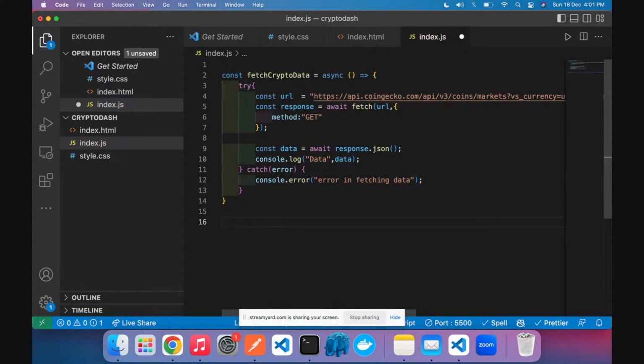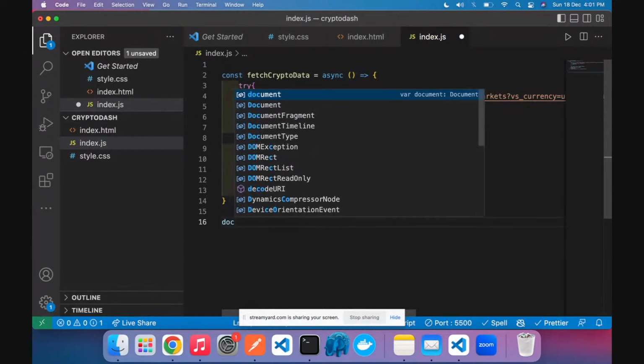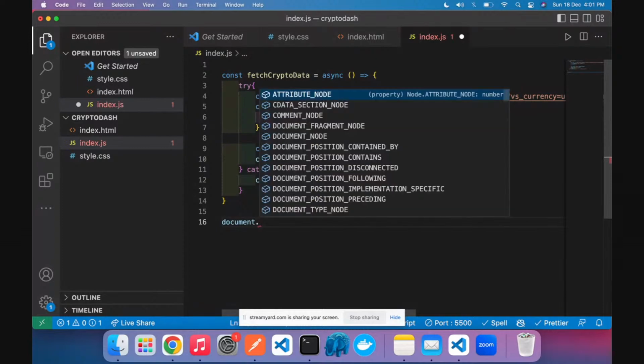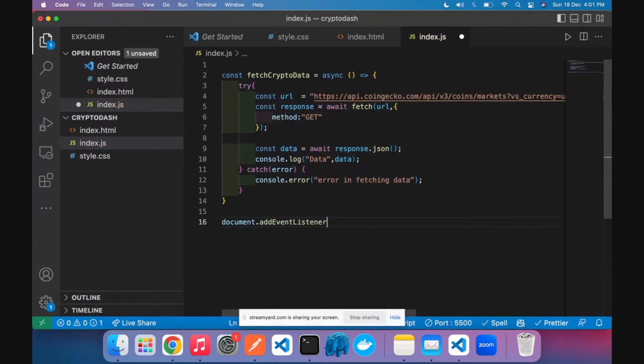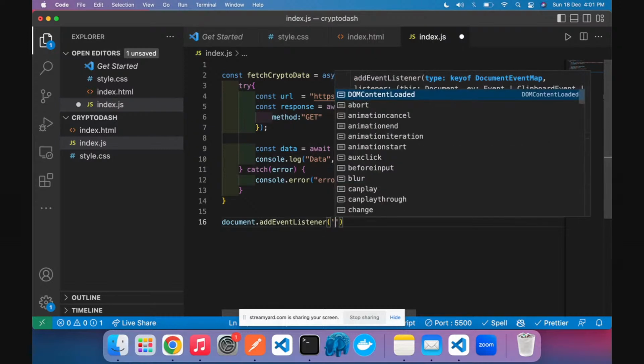I want to call it as soon as my DOM tree is loaded. So the initial DOM tree is loaded. What you can do is attach, listen on an event. So let me say document.addEventListener, and there is an event that gets fired as soon as your DOM is loaded,